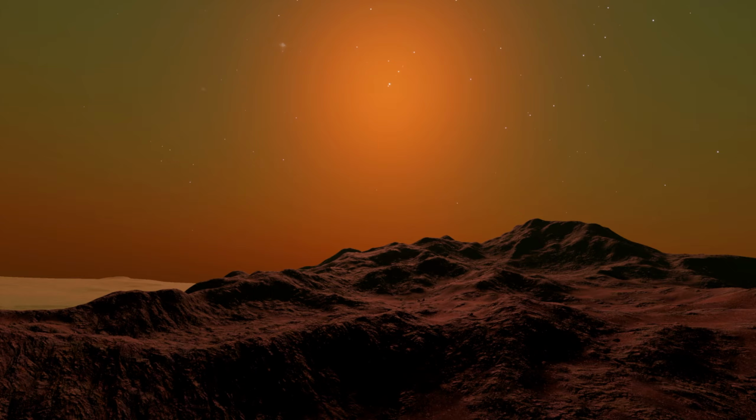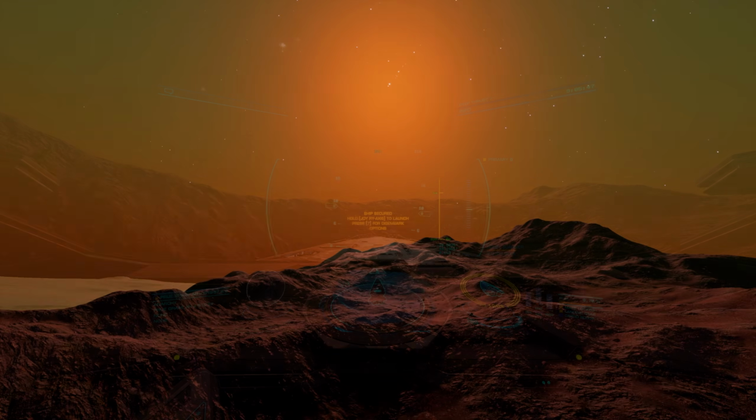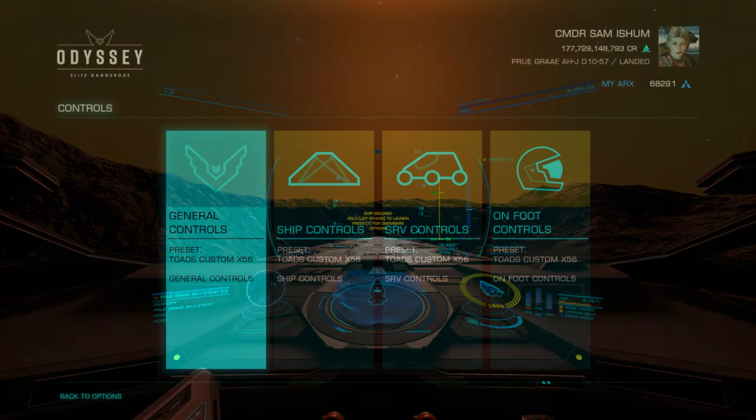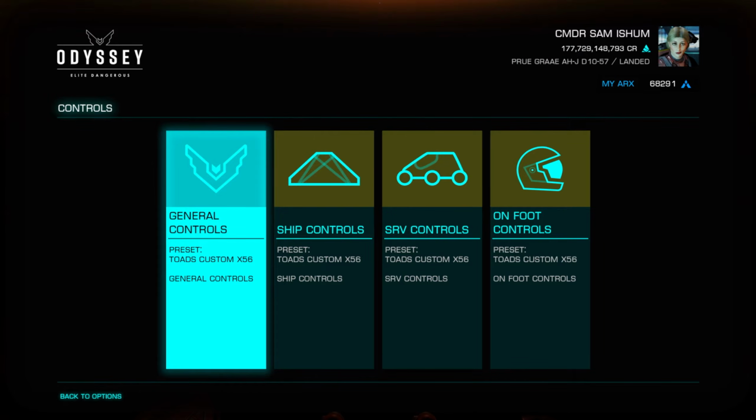If you've been playing Elite Dangerous for a while, you may be used to the external camera and have already set it up in the bindings. But for those who haven't, that's where we're going to start. Let's pop into the keybinds and have a look. And now under the general controls,